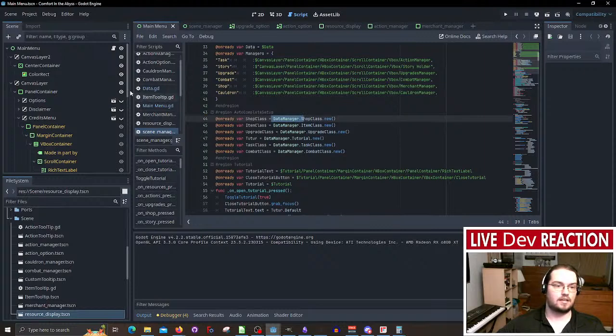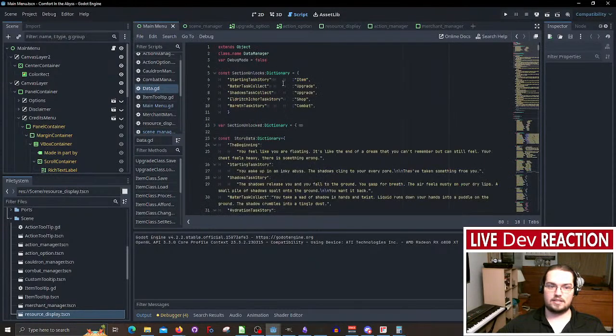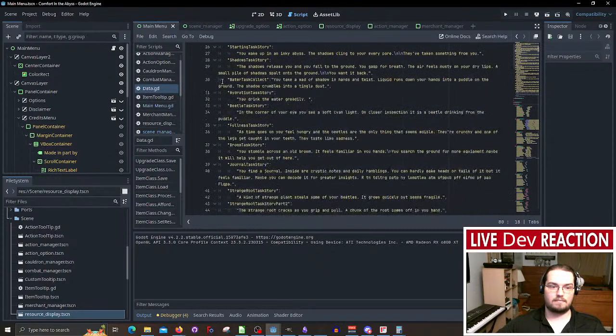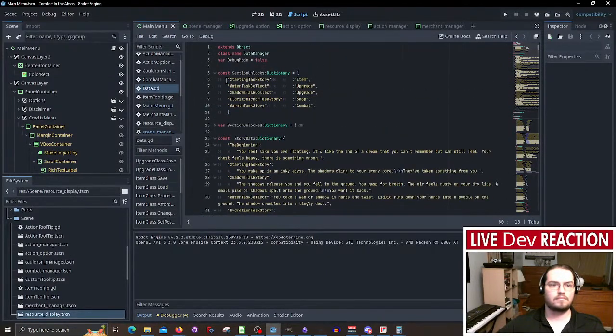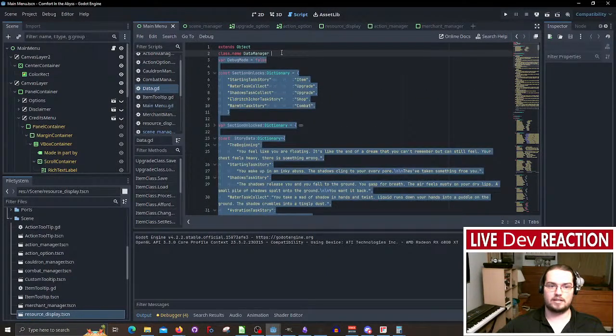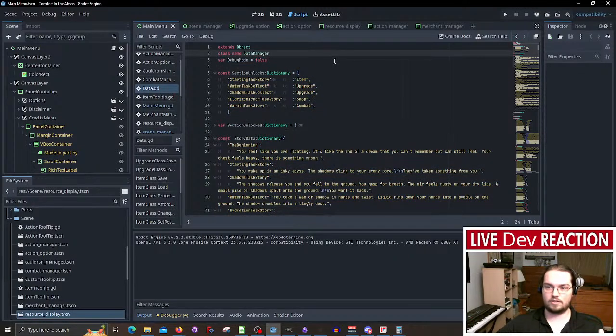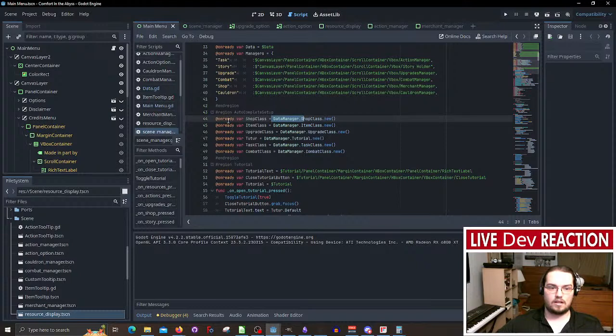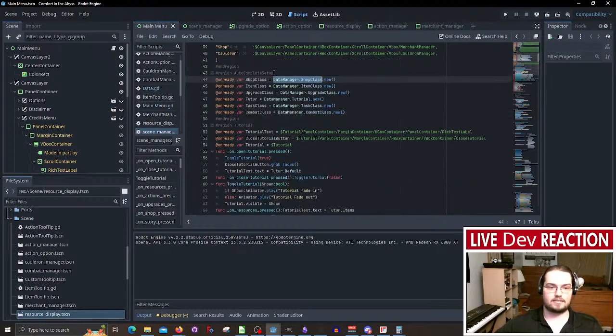And because I have the class name data manager that's covering the entire document, it makes it so that I can reference the manager. Then I can set a variable to be equal to the class,